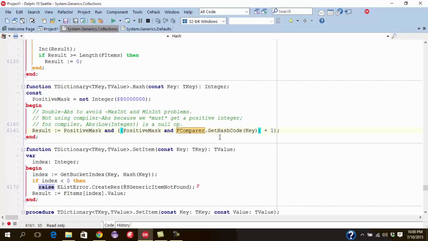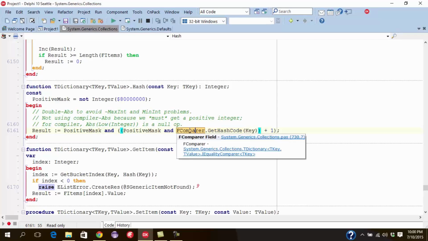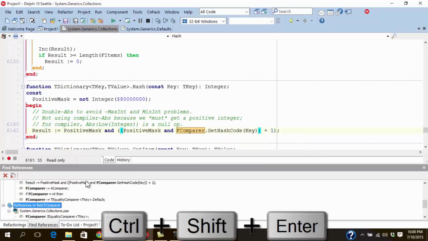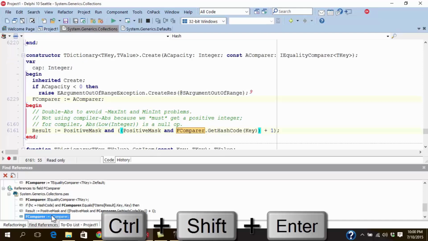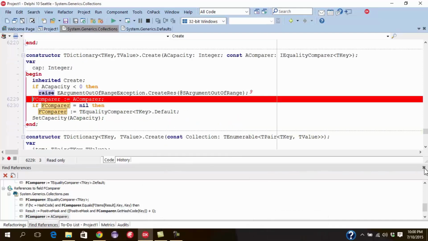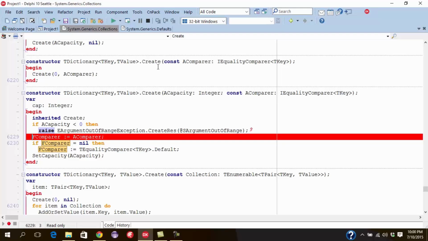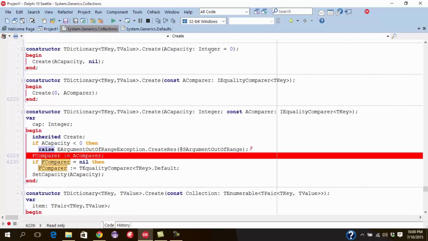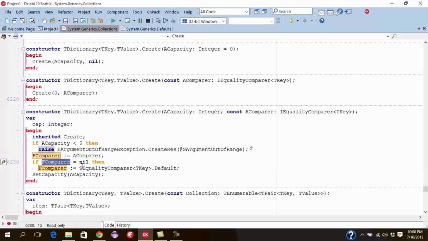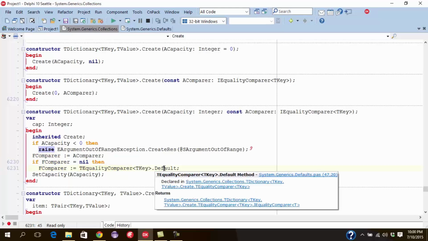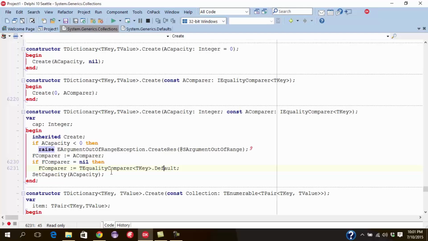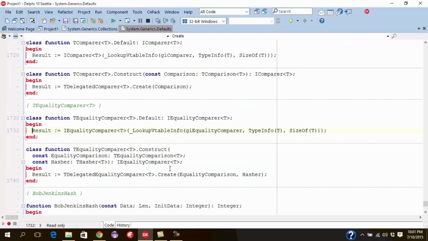So if we go find where FEqualityComparer, so that our FComparer is assigned, we see that it occurs here in the constructor. The constructor we call is this Create here, which passes in nil. So our FComparer is nil, and we get assigned this Default function in TEqualityComparer. So if we have a look at that,